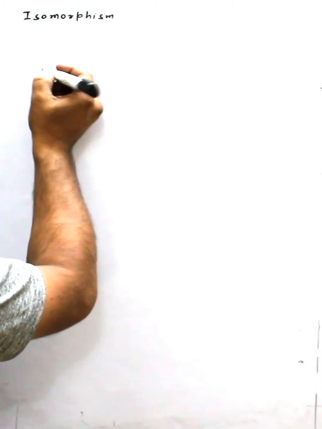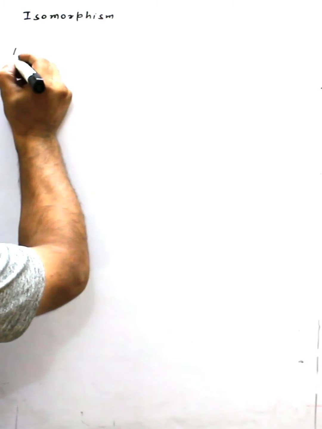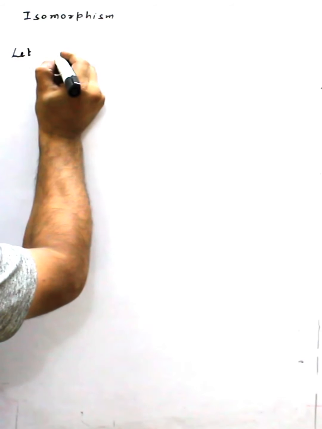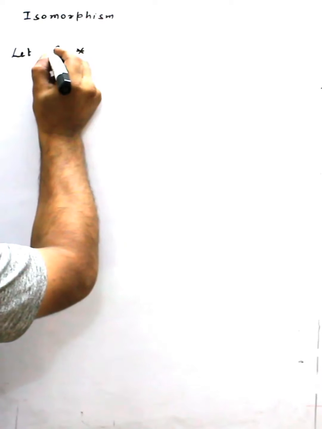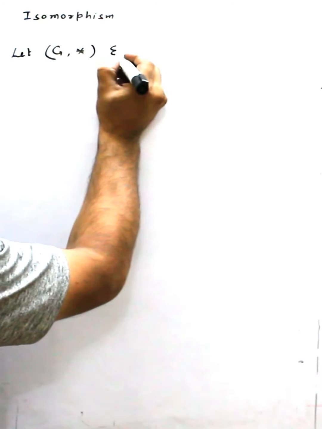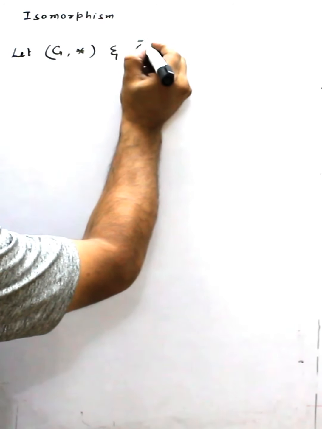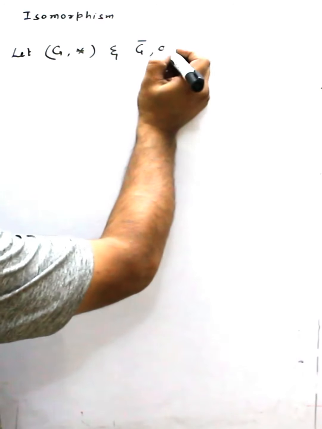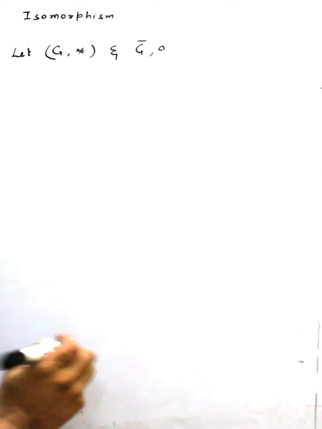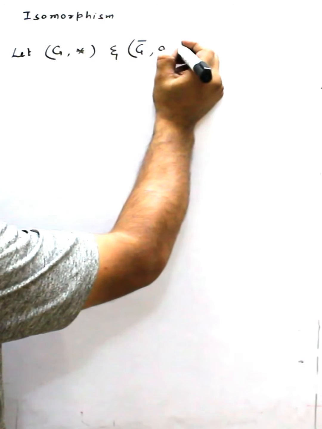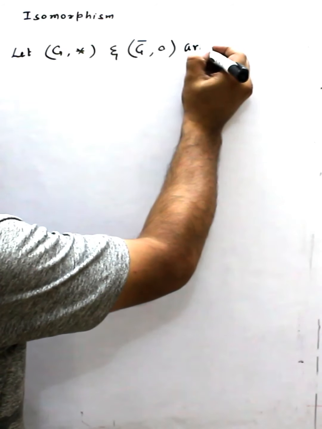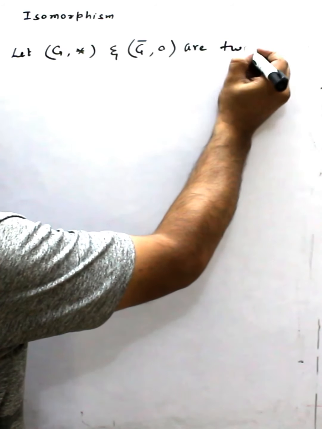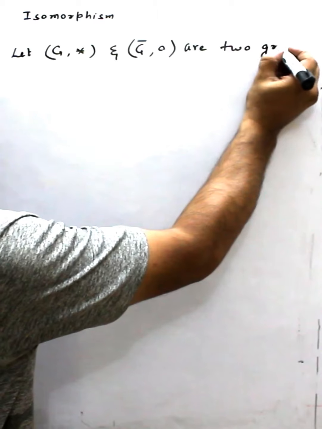So let, in group theory, let G, suppose the binary operation is star, and G bar, and here for the operation we take some different operation, we say O, or multiplication, any other, are two groups,